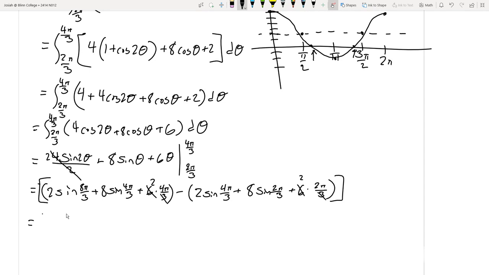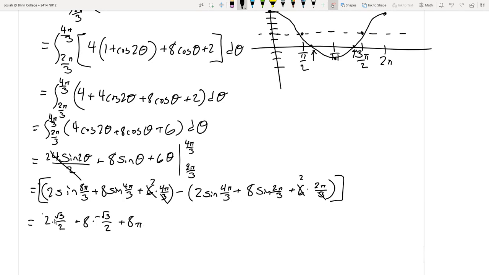So we figure out what quadrant 8 pi thirds is in. Well, 6 pi thirds is a full rotation, and then an extra 2 pi thirds. So this is going to be in quadrant 2, which means that this guy is positive. We got 2 times root 3 over 2. 4 pi thirds, that's definitely in quadrant 3. So we've got 8 times negative root 3 over 2